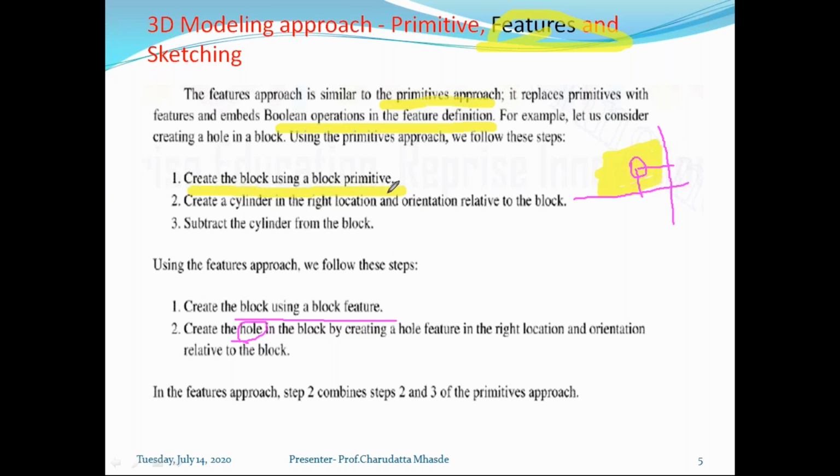So what is actually happening in feature-based modeling is we are adding a hole as a feature, and we are creating that solid. So this is called a feature-based model. Generally for practicing we use all three things. In primitive modeling we are generally using standard solids; in feature-based modeling we are using only the features. And in the next part we are going to see